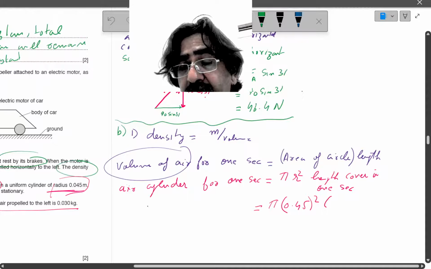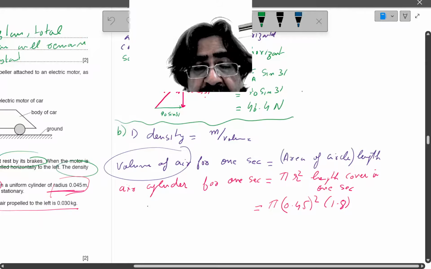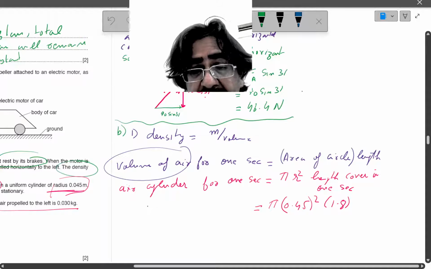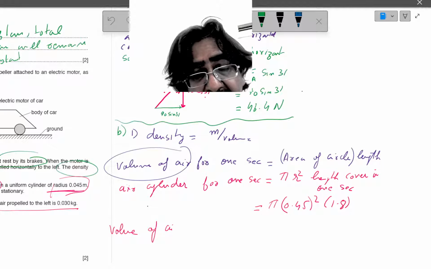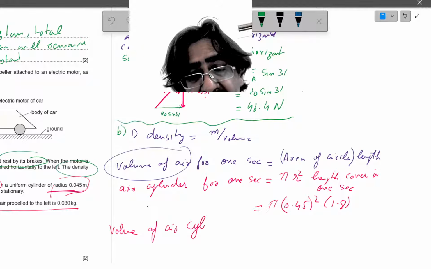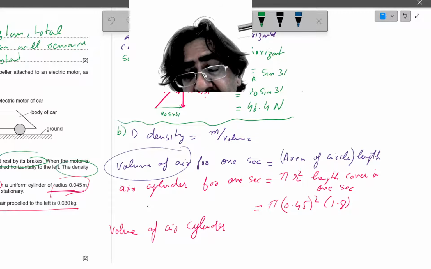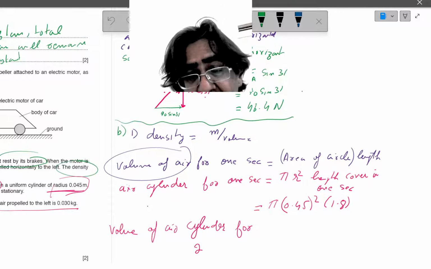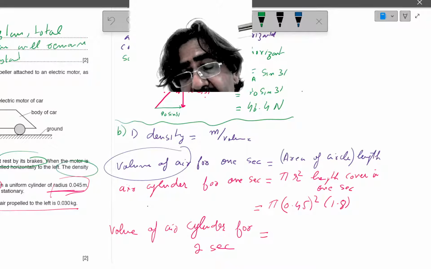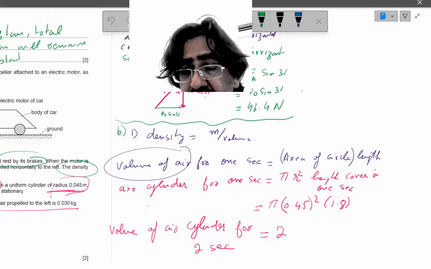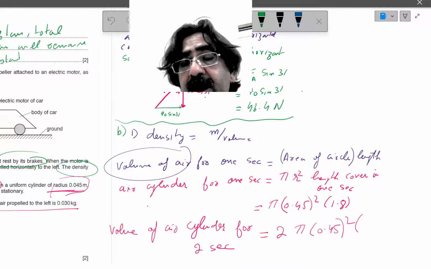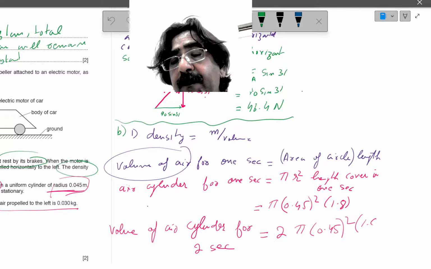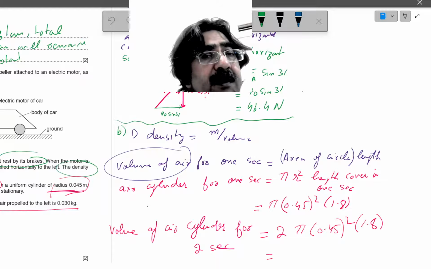So the volume of the air cylinder for 2 seconds will be equal to, when we multiply this 2 by 0.45 squared by 1.8, and that will be